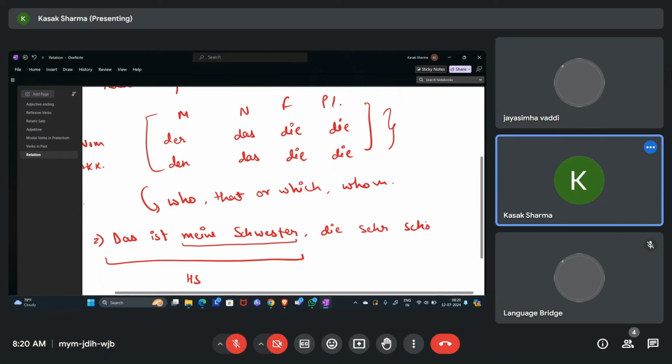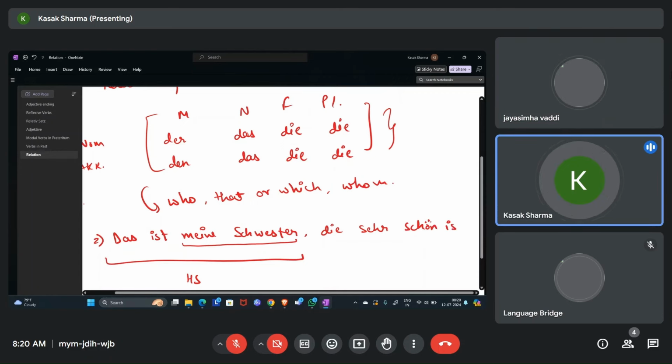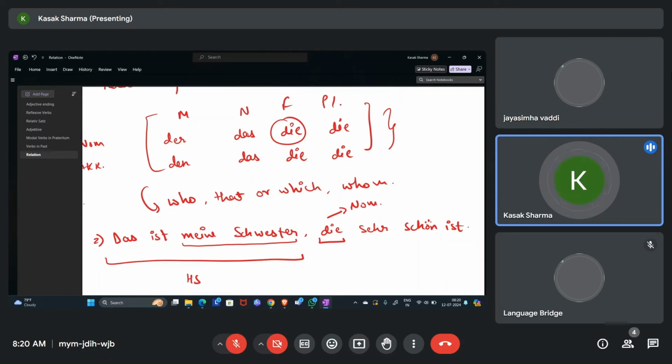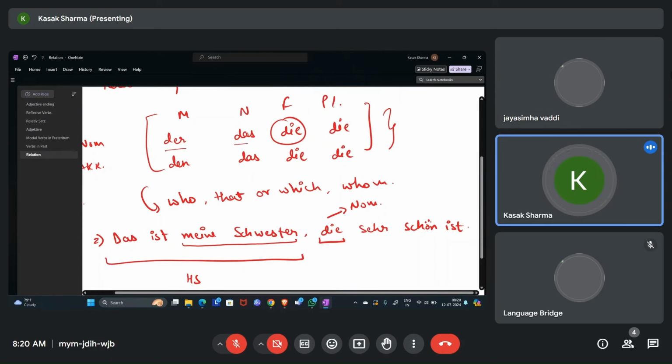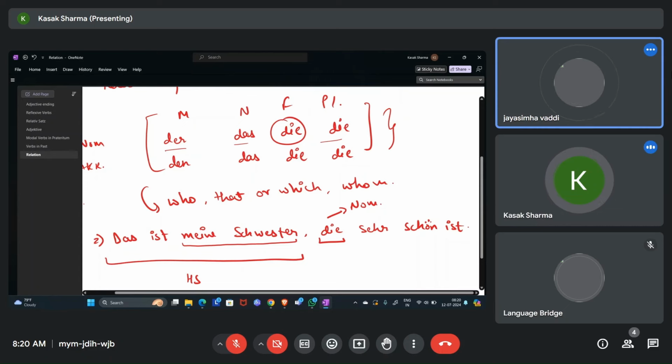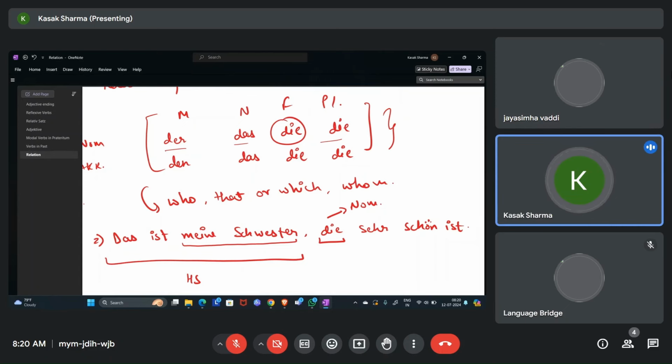sehr schön ist. So basically here this die is nominative. Why nominative? Because whenever you are forming a relative, make sure to use the nominative relative first. And if there is no subject present here, as in subject ich, du, er, sie, like this,